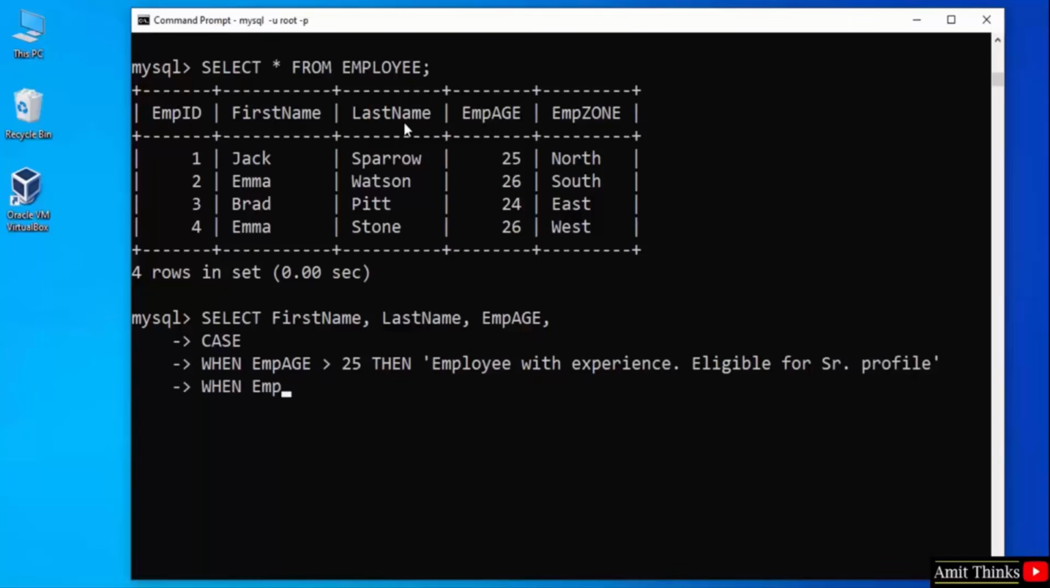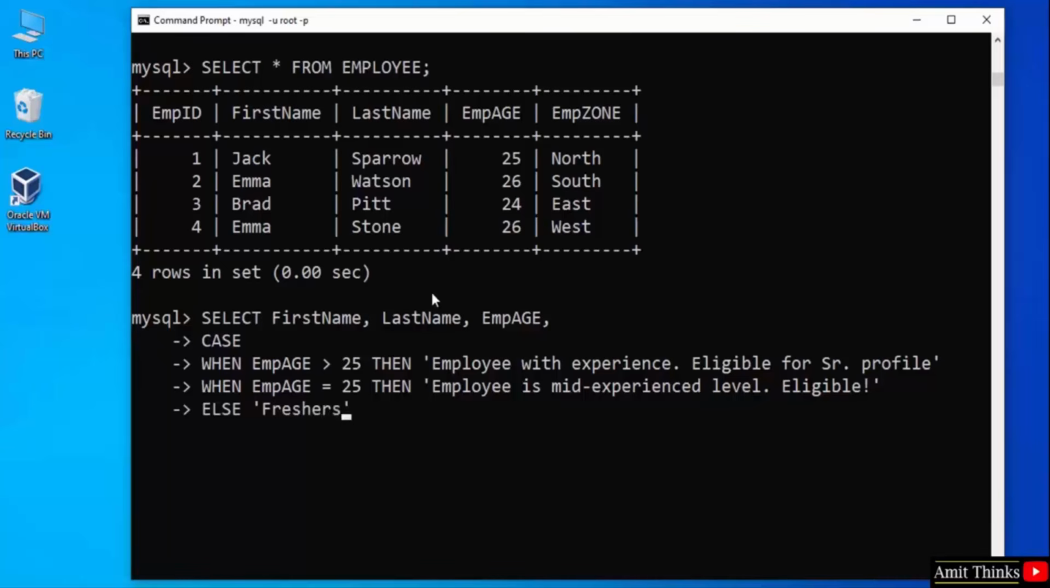Now press enter for the second condition. When EMP age is equal to 25, let's say, then employee is mid experience level eligible, let's say. Now let's move further and mention the else freshers. That means less than 25, that means it's a fresher that is new to the company. It's fine now. Now press enter and mention end as